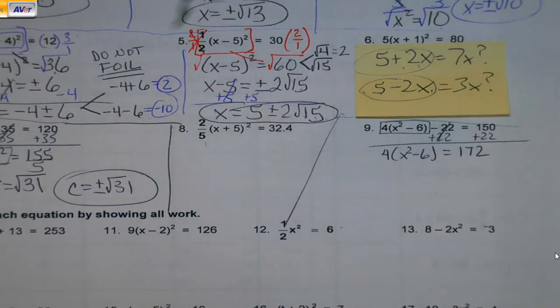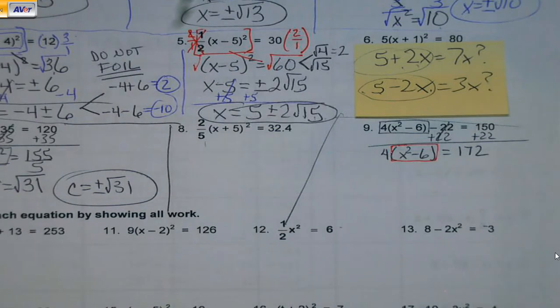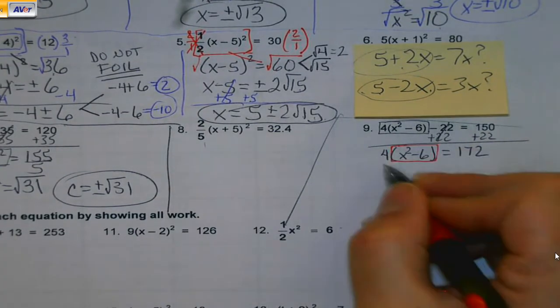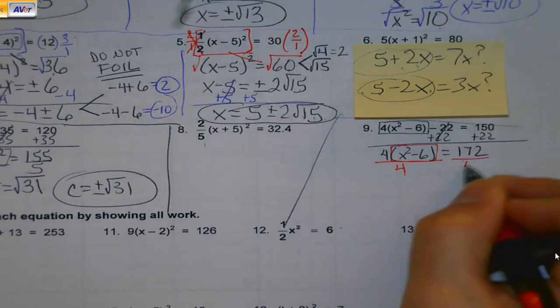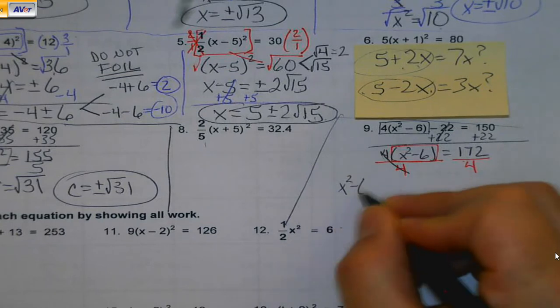Next step. Get my parentheses by themselves. I'm multiplying them by 4. Notice I didn't distribute the 4. I don't want to do it. I'm going to divide by 4. Okay, so x squared minus 6